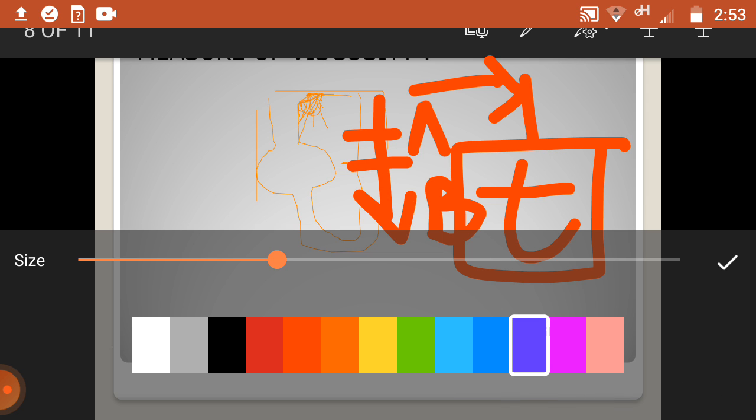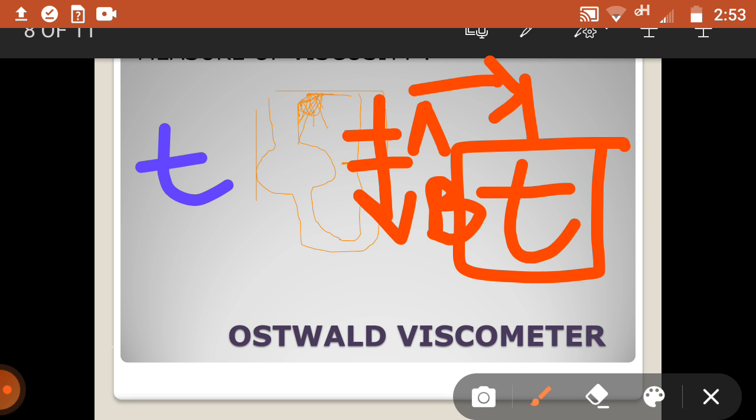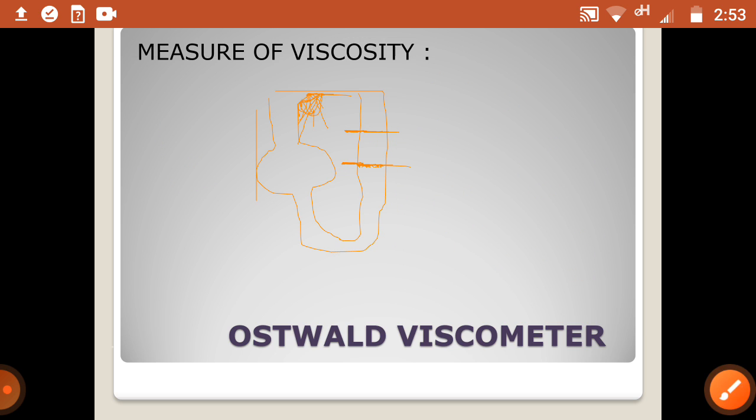Because this time will tell you in how much time your fluid came from point A to point B. So you have to note this time, because in the formula we need this time. This is very important for the determination of viscosity, and we compare this viscosity with the standard one, usually water. Similarly, we take three readings. Inshallah, on the Ostwald viscometer, I will make another video for you, for your convenience or for your practical exam. It is much more important.